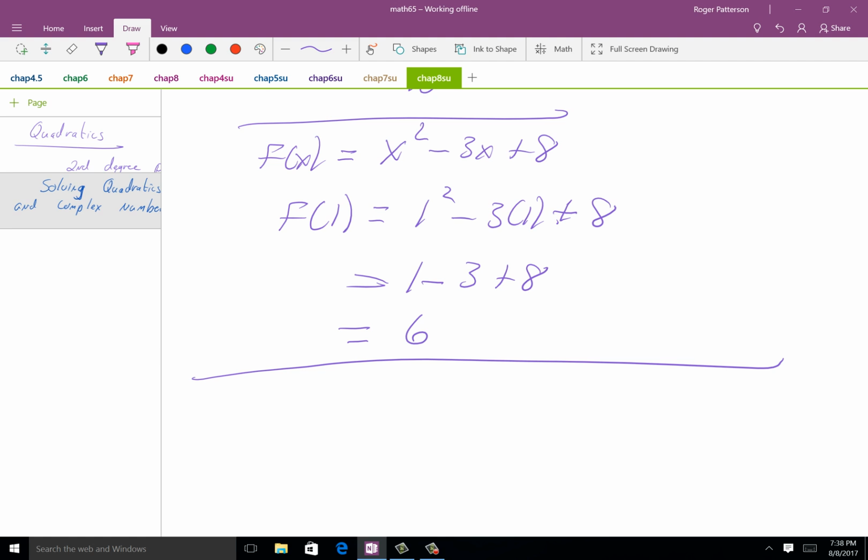Now, there's a way to tell, besides messing around and clicking and messing with points, okay? There is something that happens with this graph